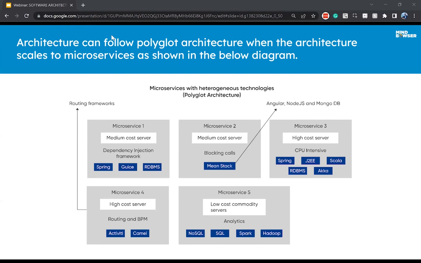In that way, we'll have the freedom to use multiple technology stacks. In this way, there is one limitation and one advantage. The limitation is we should find people with multiple tech stacks to develop this. And the second way is, in case we have a team with a diverse set of technologies, we can utilize these things in this.